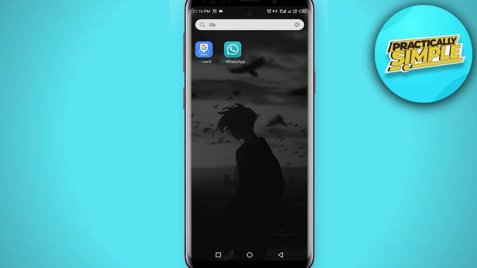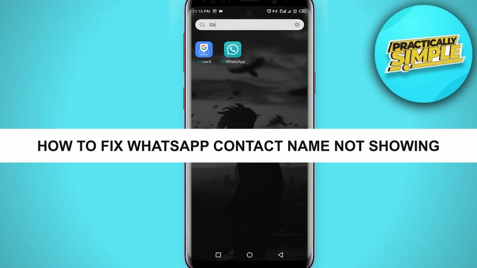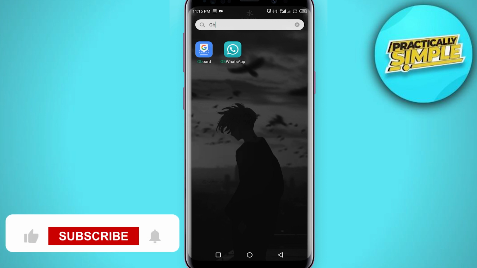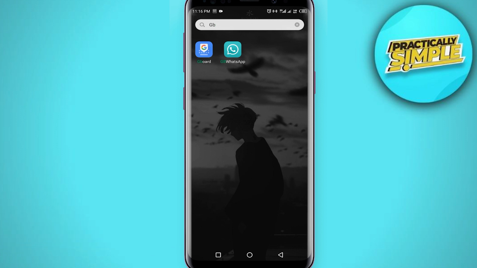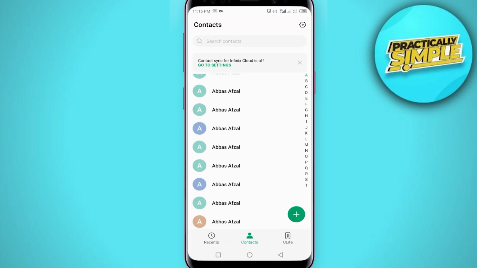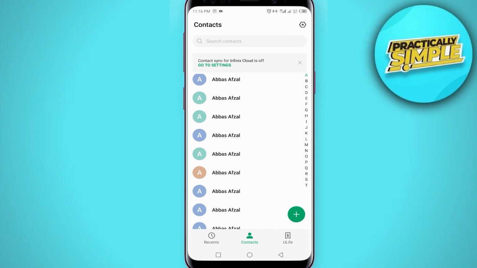In today's video, I'm going to show you how you can fix it if the WhatsApp app is not showing your contact names. Now there are multiple things to check. First of all, if WhatsApp is not showing a contact name, just make sure whether or not they are added to your contacts over here. So if they are added already, just make sure there is no typo,